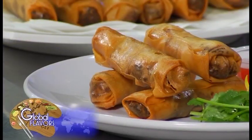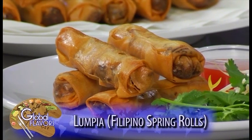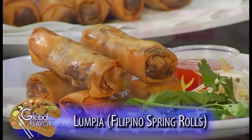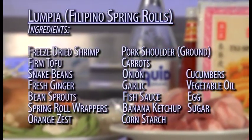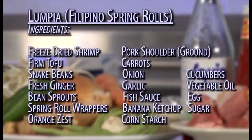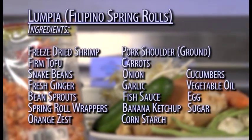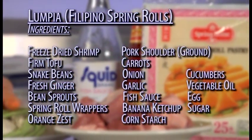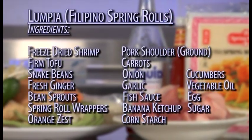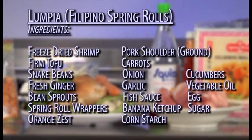On this week's episode, we're going to be making spring rolls in the Filipino style. It's a crispy dough with a wonderful meaty umami filling with lots of other flavors wrapped up inside of it to give you this wonderful aroma. For this dish, you're going to need carrots, cucumber, ground pork, yellow onions, garlic, ginger, snake beans, mung bean sprouts,